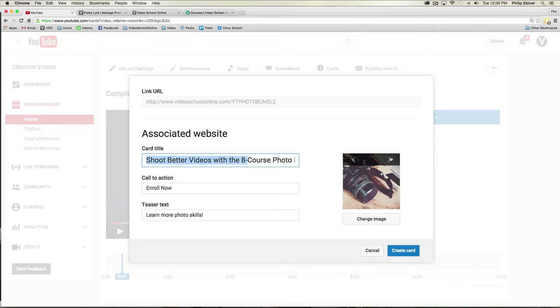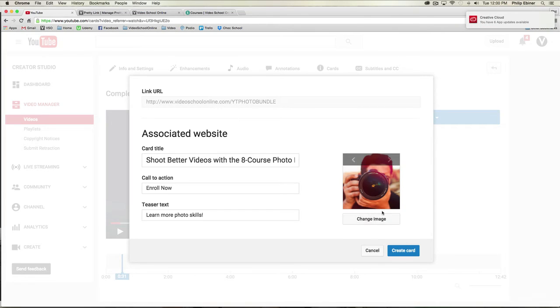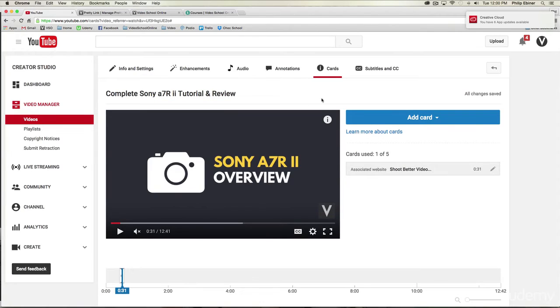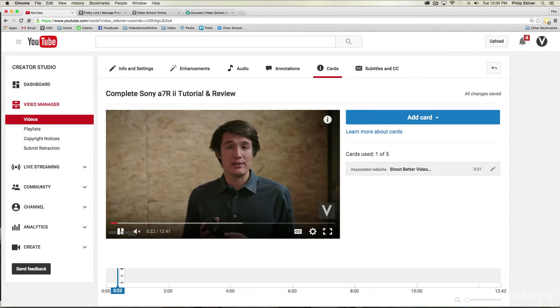Over here on the right, you can see that it pops up with a couple of images, a couple different options, and it's pulling it from the website. So I'll pick one that I think represents the course well. So I'll pick this one right now, or you can change it by uploading your own. I'll then click Create Card, and you will see now that this little eye pops up. So if I play through this,